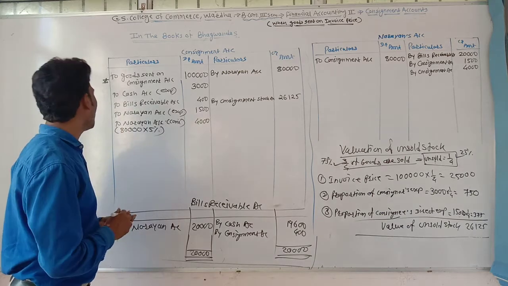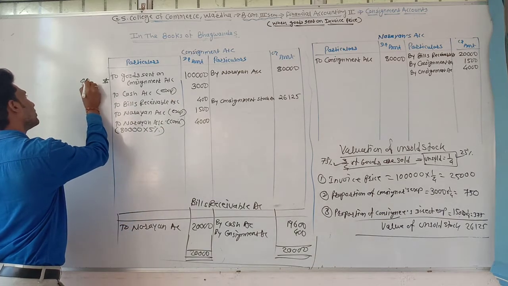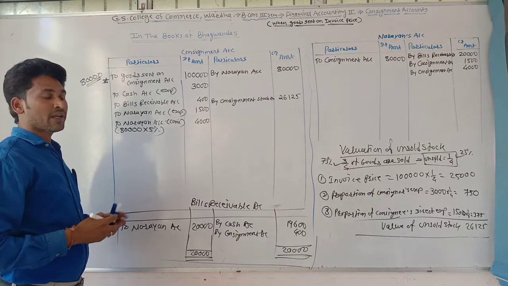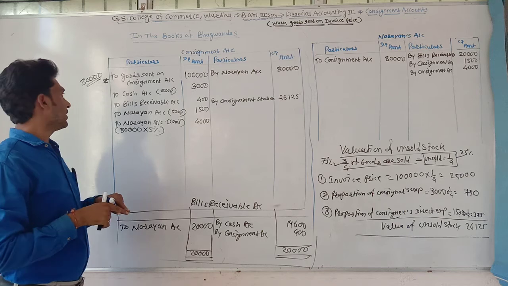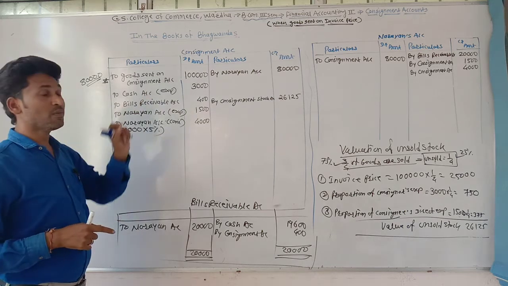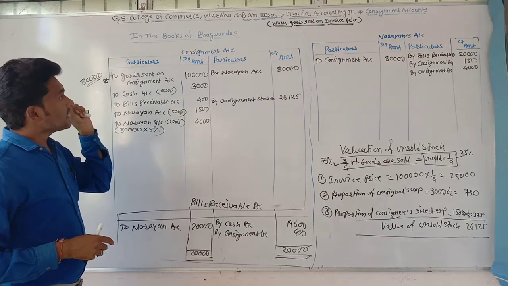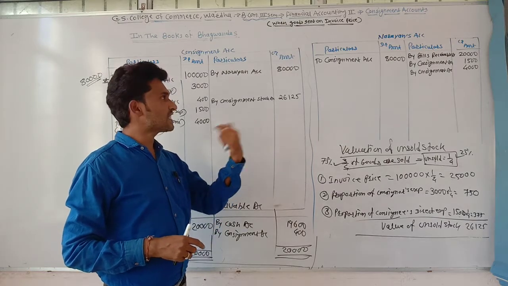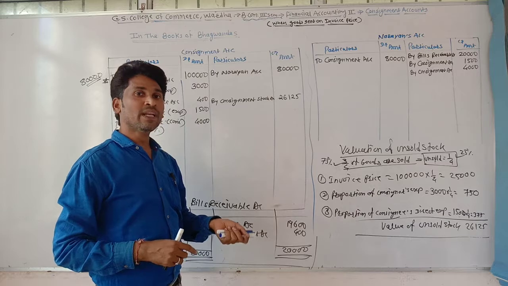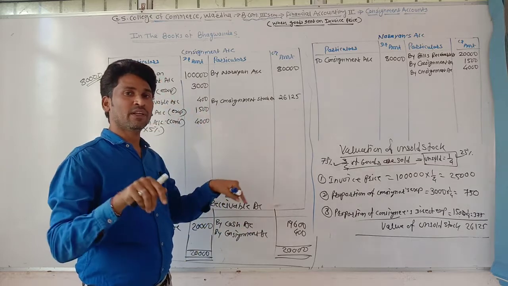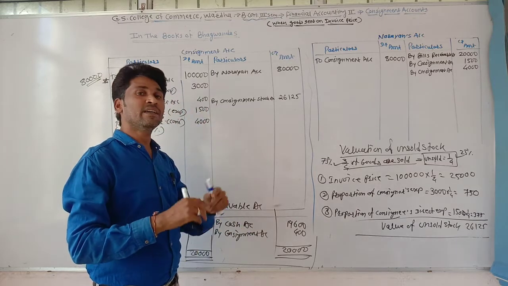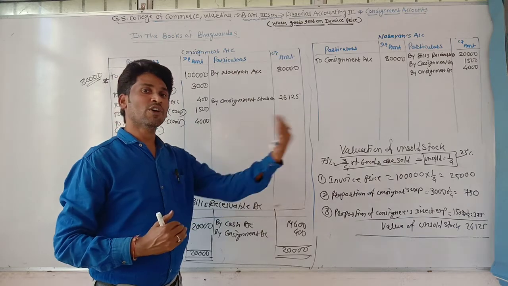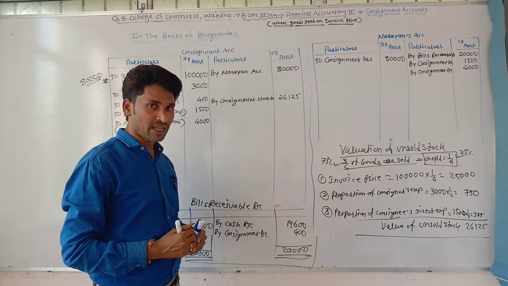We know that the cost price of the goods sent is rupees 80,000. But when it prepares the invoice proforma, it writes rupees 1 lakh, because the consignor doesn't like to show the original profit to its consignee. For that, when it sends the goods, it writes the value of these goods more than the original cost price. It's known as invoice price.